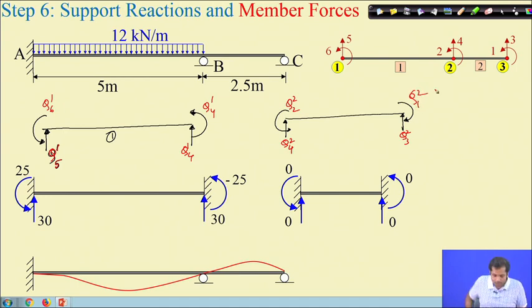Okay. Now, this set is the bending moment and shear force for member 1, and this set is the bending moment and shear force for member 2. Now, what would be Q6? Q6 will be the contribution from the fixed end action plus the contribution due to the deformation. Similarly, all these member forces will be the contribution from the fixed end action plus the contribution due to the displacement. The contribution from the fixed end actions we already have. Let us now find out the contribution for displacement.